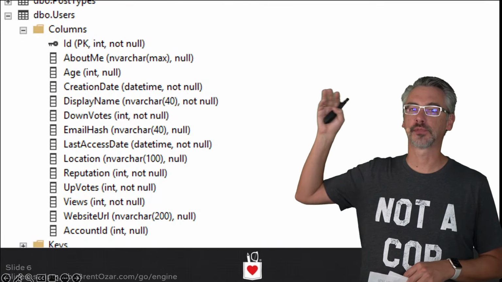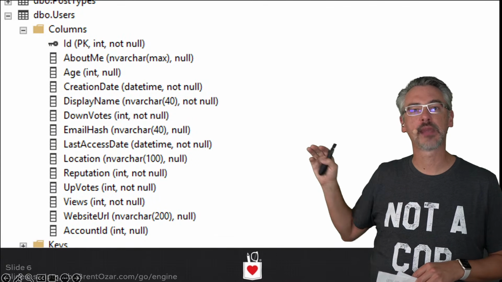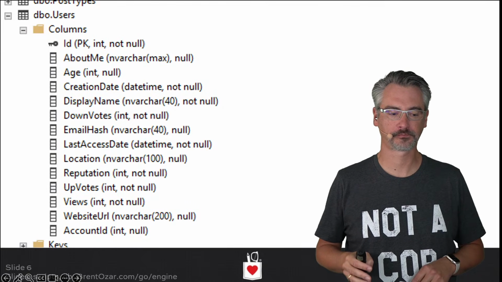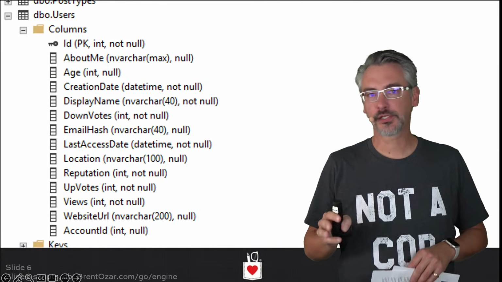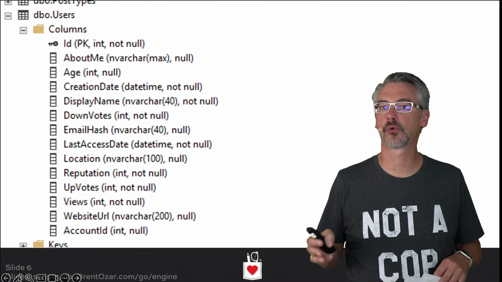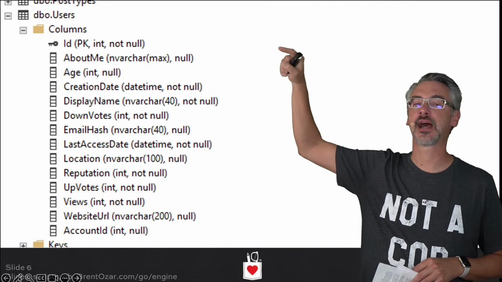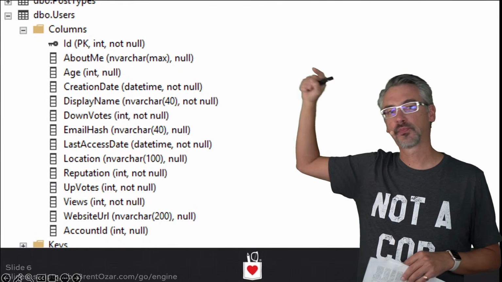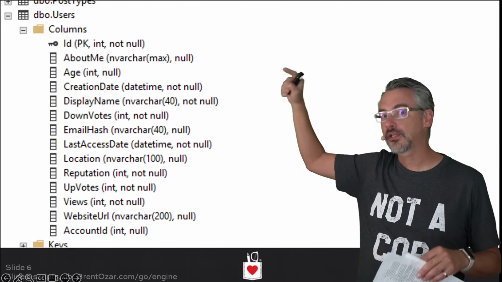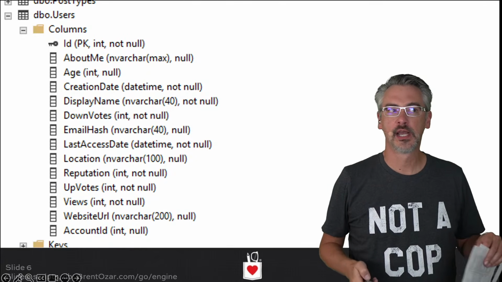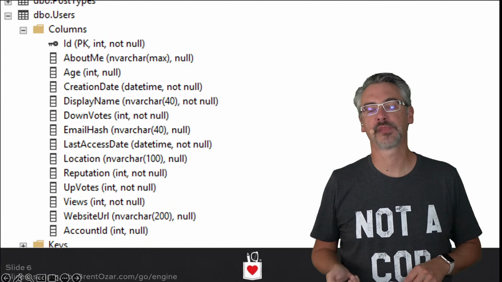It has columns like About Me, Display Name, Age, Location, Reputation, a bunch of columns. The clustered index of the table, the way that the table is sorted by default, is ID. You see the little key up there next to ID. The primary clustered key on this table is ID,